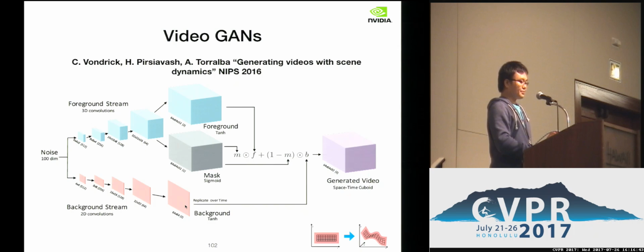At the same time, they also predict a mask: for which pixel you're going to take it from this spatial temporal volume, and for which pixel you're going to take it from the background. So it's more like a foreground segmentation. By combining these outputs, you have a video. This video is sent to a spatial temporal discriminator, trying to differentiate whether it is a real video or a synthetic video. And through this training, you are able to synthesize video from a random number.